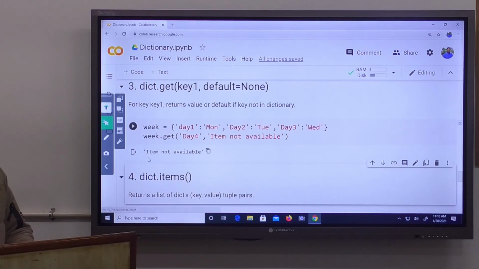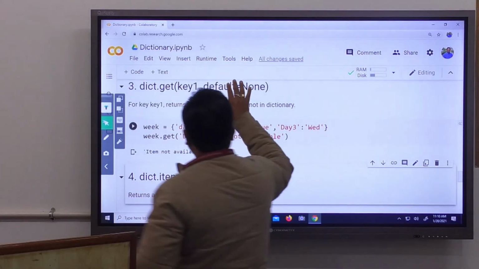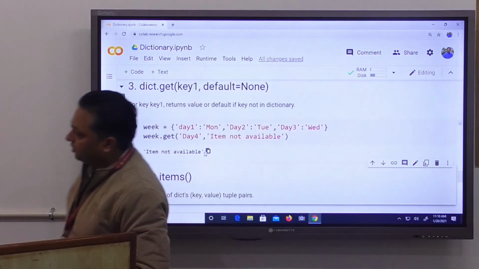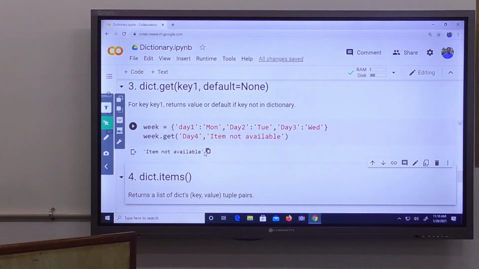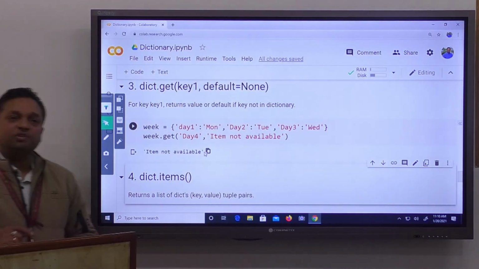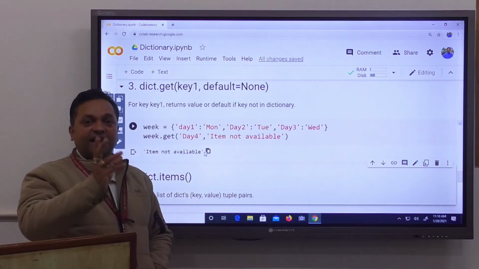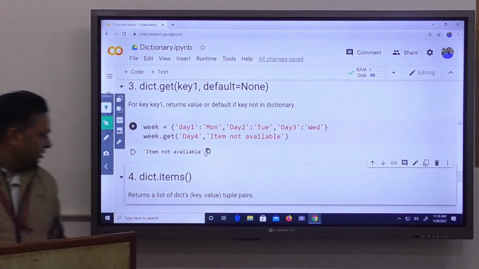It will give us "item not available". So either you can use the default value or you can customize your message. This approach is used when you want to print a message when someone is trying to get a value with respect to a key and that key is not available.